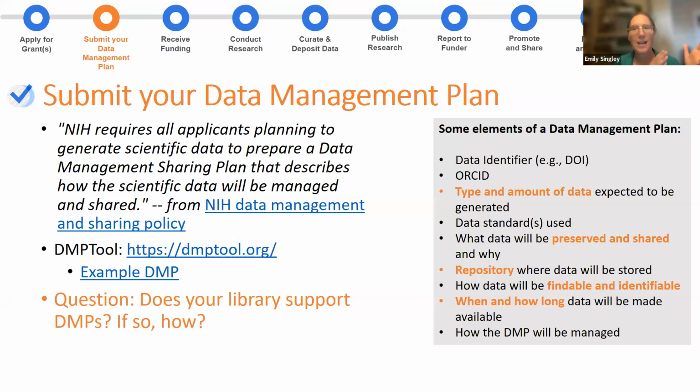Sometimes you can, sometimes you can't share your data. And the NIH understands that, the government understands. I mean, the Department of Defense doesn't share anything, I guarantee you. So there's just times when stuff doesn't get shared.